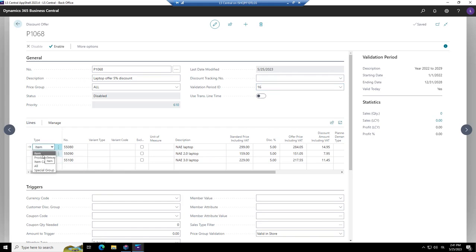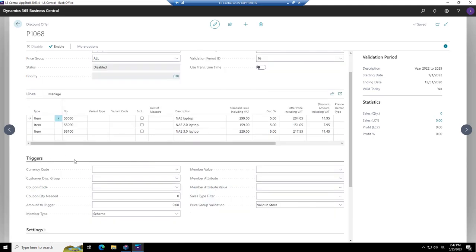It can be an item as we have here. It could be a whole product group. It could be all computers if it was a product group. It could be a whole category like clothing. It could be a special group like bags or Lindaline. So we have lots of possibilities here. And what is also beautiful is that it's even possible to exclude. You could have a line with a whole category and then another line with only one item and exclude it. So it could be all items in the clothing line, except maybe one very expensive bag. Then you could put that item number here and have it excluded.